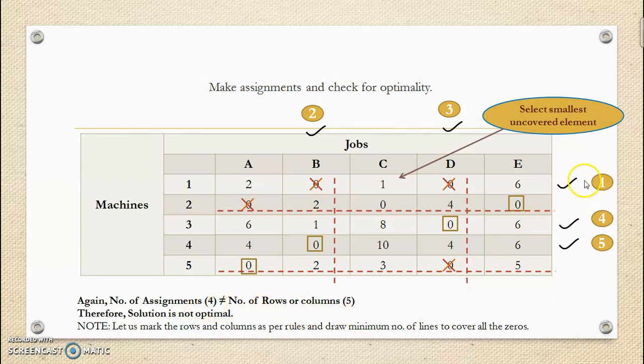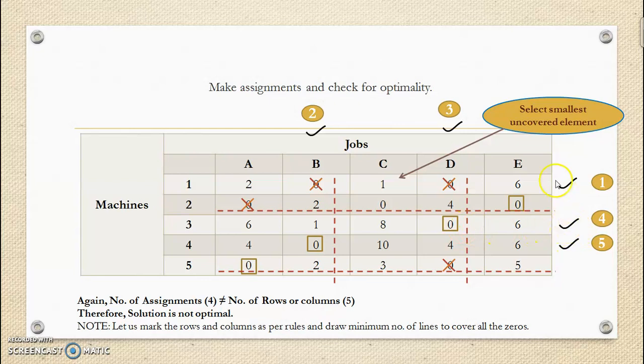Then draw the lines to cover all the zero elements. For that I have shown the marking, how the rows are marked. Mark a row which doesn't have any assigned zero element. Then consider the columns and mark them. Then in the marked columns, consider the assigned zeros and mark the respective rows.